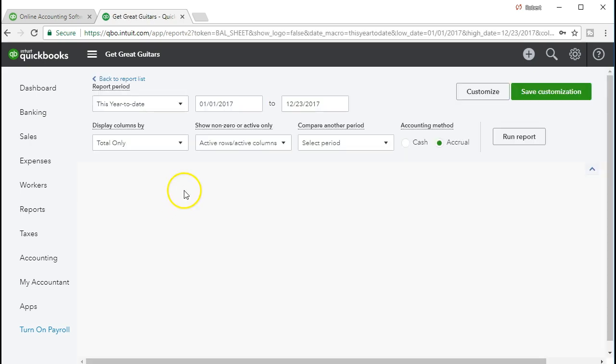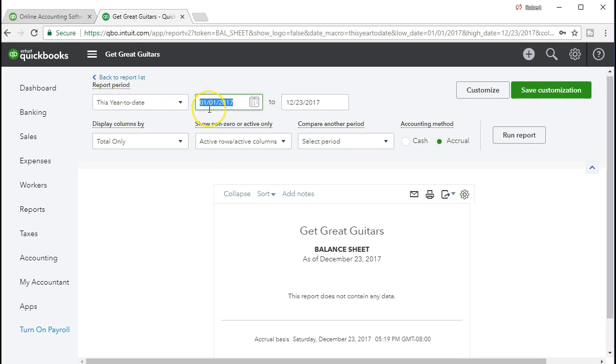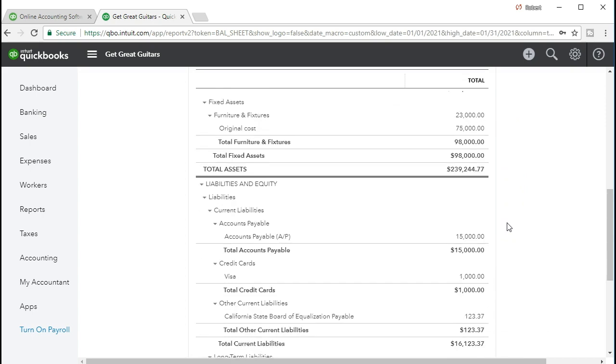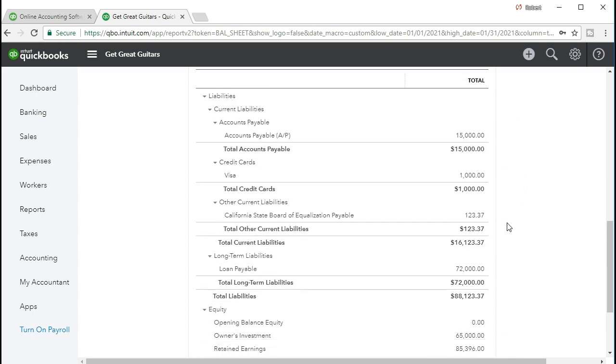And we'll change the date once again on the balance sheet. So up top, we're going to say 01/01/21 to 01/31/21. There's our month, January 1st, 2021 to January 31st, 2021. Run that report. If we scroll down then to the liabilities section, we will find this California State Board of